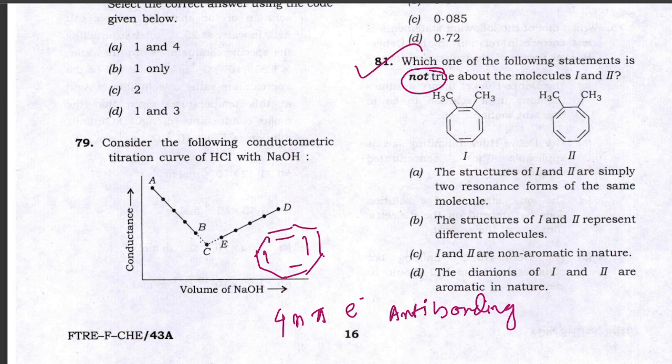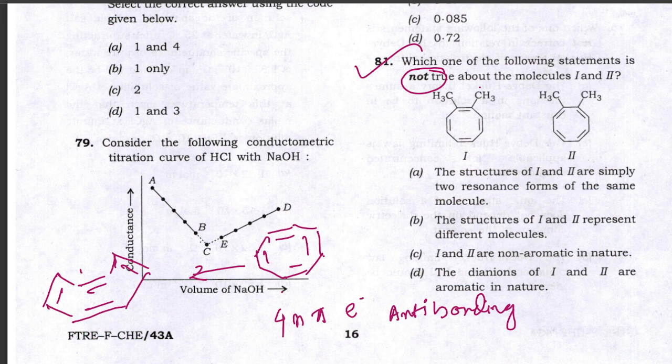So this cyclooctatetraene does not prefer this anti-bonding destabilization. That's why it escapes from the anti-bonding by twisting into a tub shape, where the molecule breaks its planarity and goes into this type of structure. In this tub shape the double bonds are not in plane, so there is no conjugation. This is a non-bonding structure, which is stabilizing in nature. It is roughly 18 kilojoules more stable compared to the anti-bonding structure.